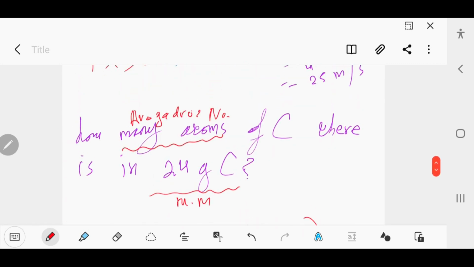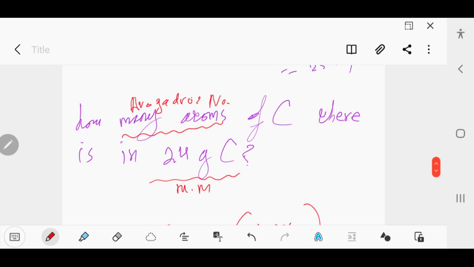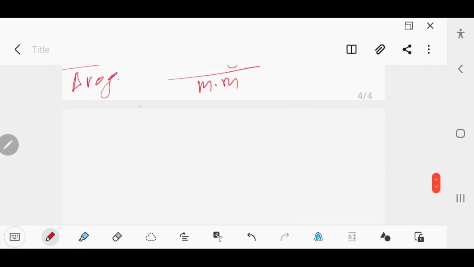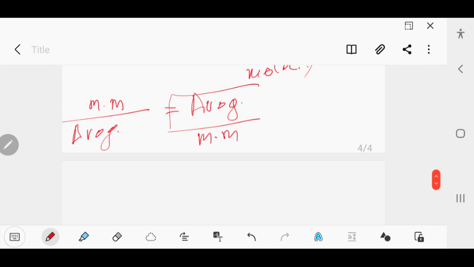Now go back to the question. The question again is asking about how many atoms. So Avogadro's number, the unit that is related directly with the number of atoms or particles, must be numerator, and the mass will be denominator. So we choose this conversion factor,